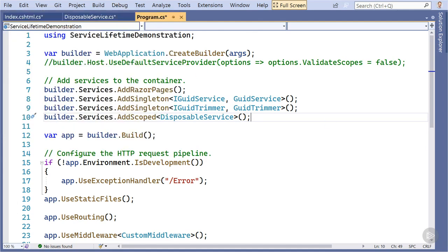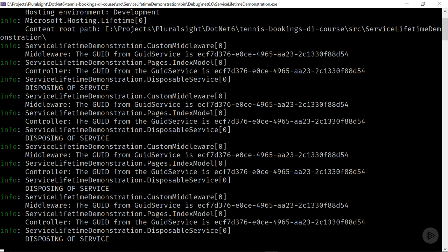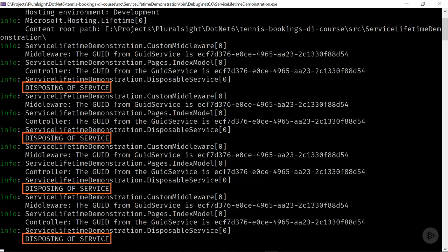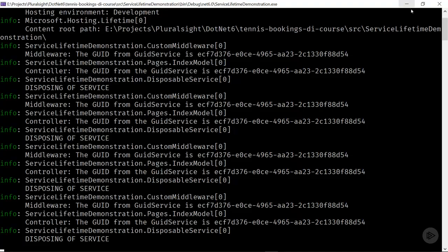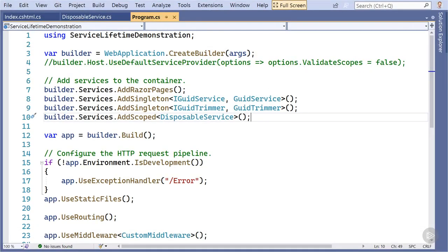We can start debugging the application, and once the application starts, the home page loads. I'll hit F5 to refresh the home page several times. If I switch to the Visual Studio Developer Console, then we can see the logs from this application. There are multiple messages from the DisposableService showing that the Dispose method has been called, and this occurs once per request. The dependency injection container creates an instance of the DisposableService for each request, because we registered it as scoped. Because the service implements IDisposable, the container ensures it calls the Dispose method where unmanaged resources would generally